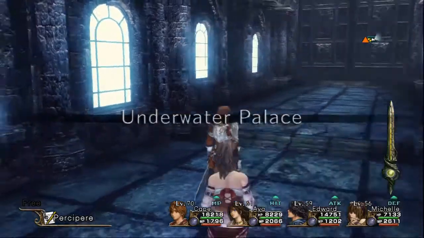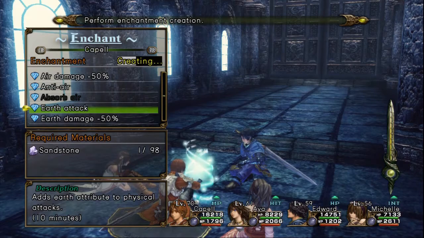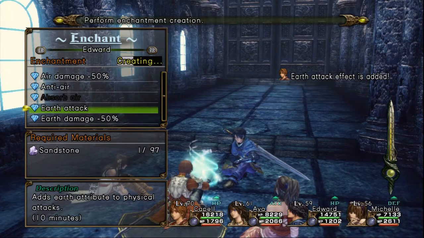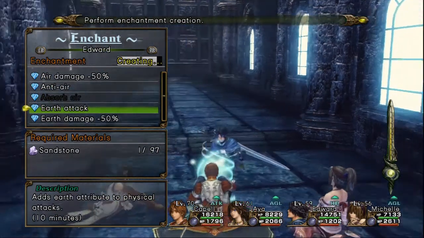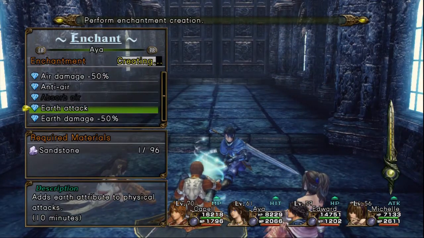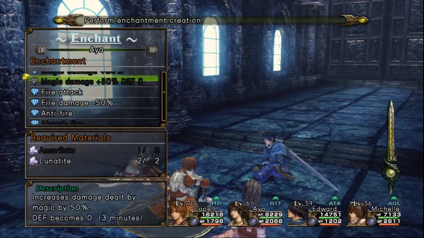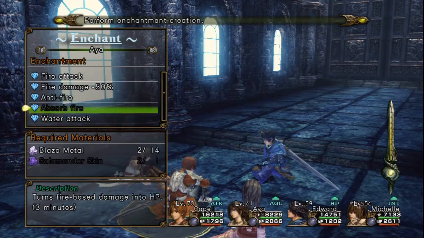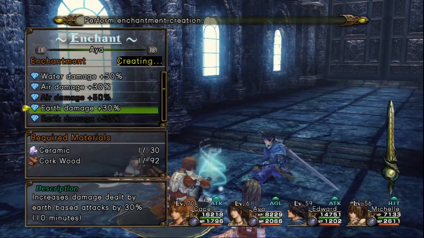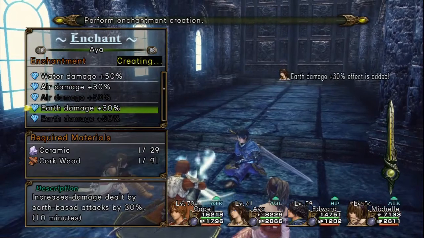Okay, the boss coming up is weak to the earth element, so make sure you go ahead and enchant your melee characters with the earth attack and earth damage up. I didn't mean to put it on Capell, because you get a situation bonus for defeating the boss with someone that's not Capell dealing the final hit. So if you wanted to, you could have just put it on your two melee characters, but I kind of forgot. But either way, I'm just going to put the plus 30 on Aya and Edward, not on Capell,